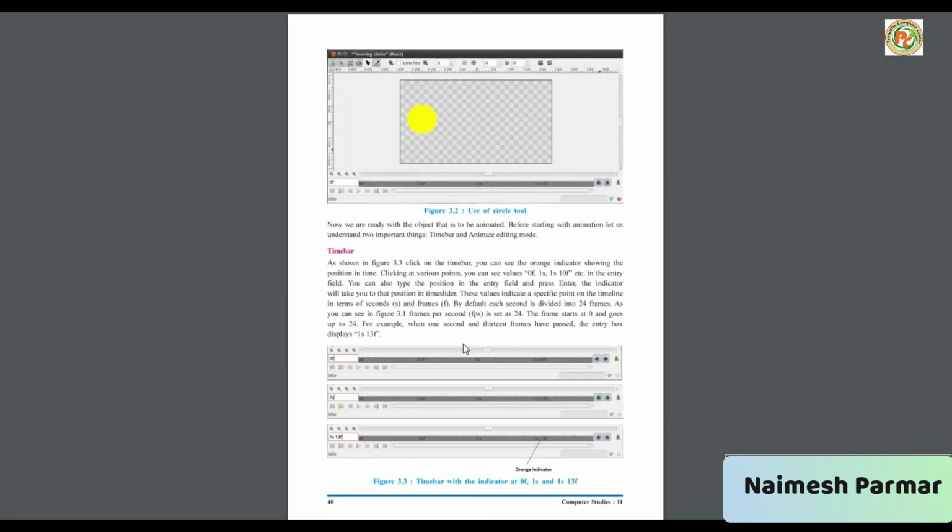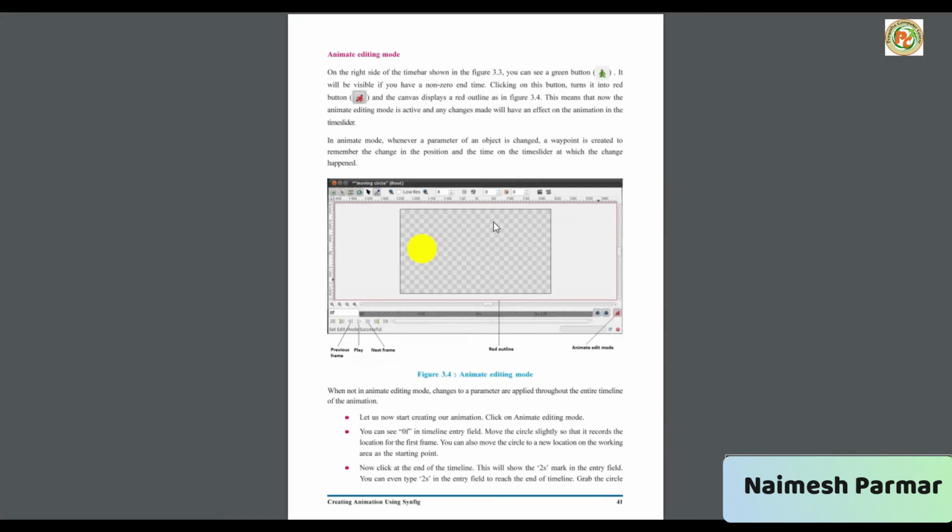Okay, let's see what they told us. Next is the start preview and animation button. On the right side, it is visible if you have a non-zero end time. Clicking on this button turns it red, and the canvas is displayed with a red outline, you can see the red outline is there.